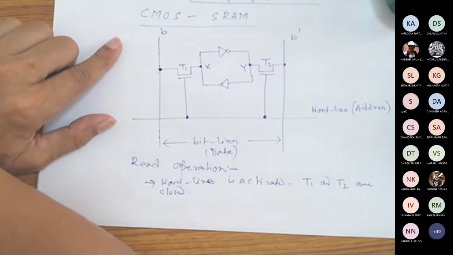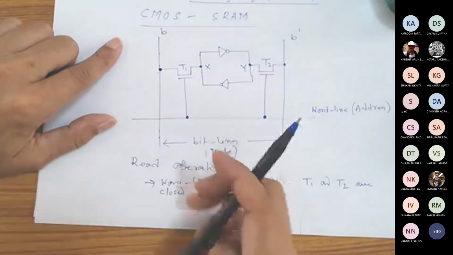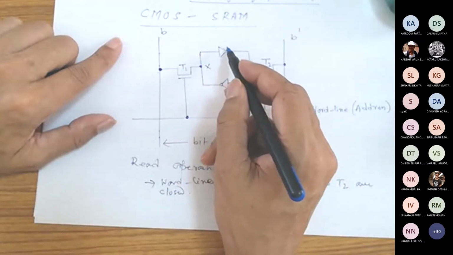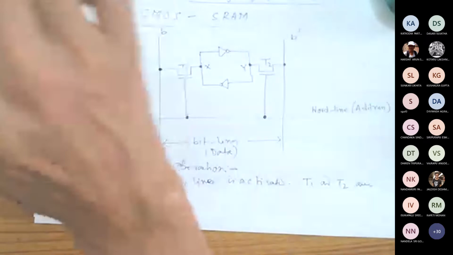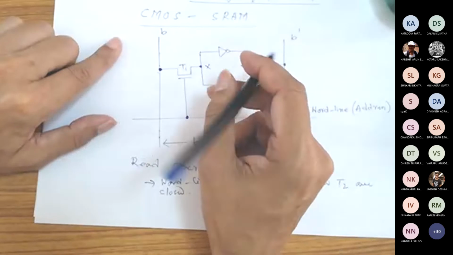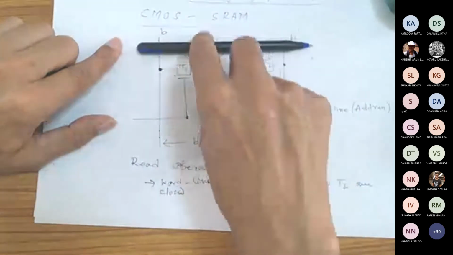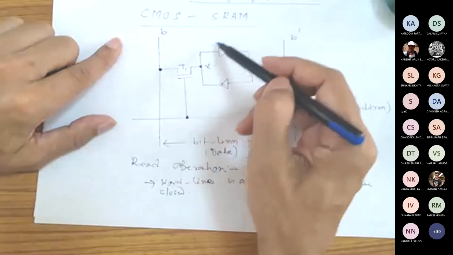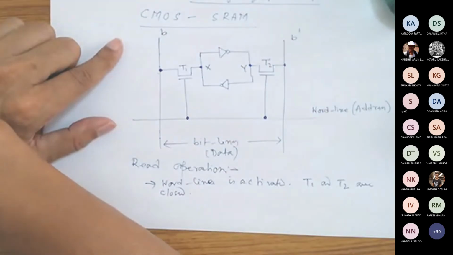So this forces the cell into the corresponding state, which the cell retains when the word line is deactivated. Now, once it is written, after some time, obviously this takes some time. Let's assume that time is known to us. That's why there is a read time and write time, because the value should settle down here. So after that time, if you withdraw this word line, what will happen? Because this is a latch, the value will be continuously stored here. So that is called the write operation.